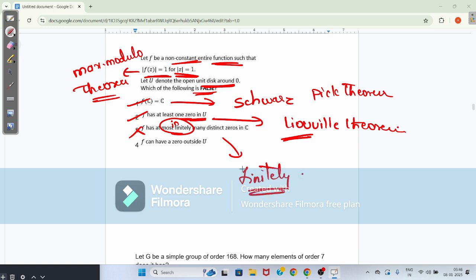It will have finitely many zeros. Infinitely many zeros is not there here. It can have zeros outside U here, since f is an entire function,